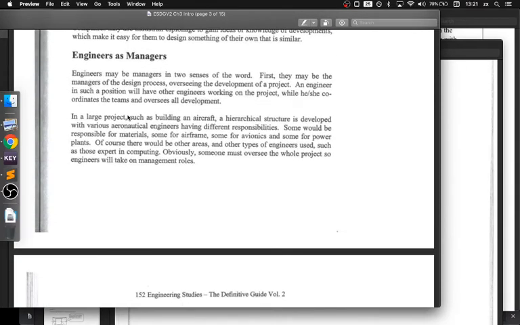Okay, so engineers as managers. They talk about managers in two senses of the word. First, there's the design process, overseeing the project, and then there's also working together to bring together teams, so the hierarchy. I guess one is managing process, and the other is managing people, is probably how I would phrase that. When we talk about managing process, if we go way back to the very first or second lesson that I had with you guys,